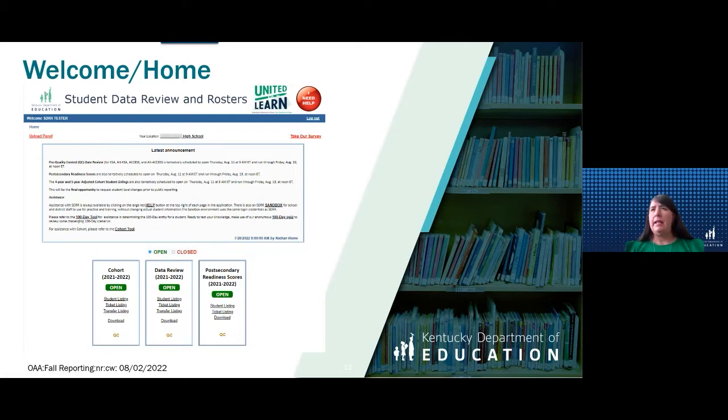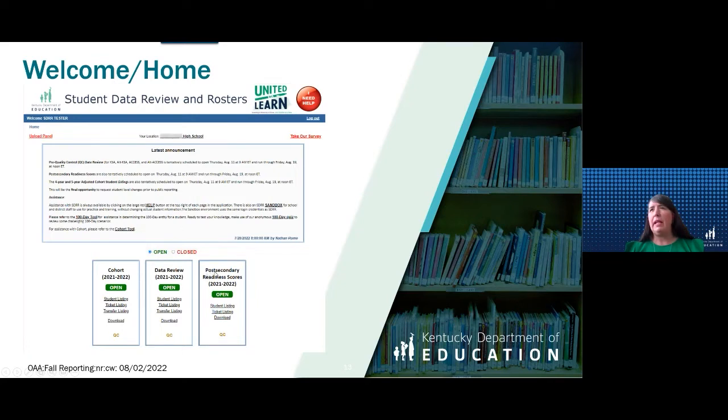You click on that in SDRR, and you can do that now. Go in there and be able to download your changes that you made to your tickets, your student listing changes that you made. You'll be able to download underneath that download button.